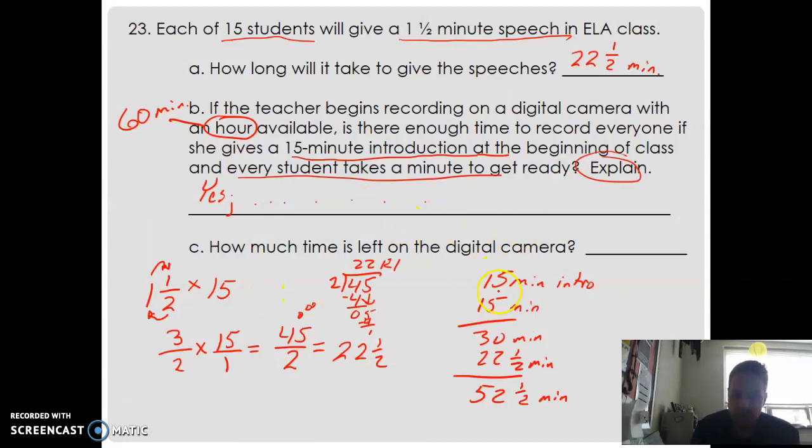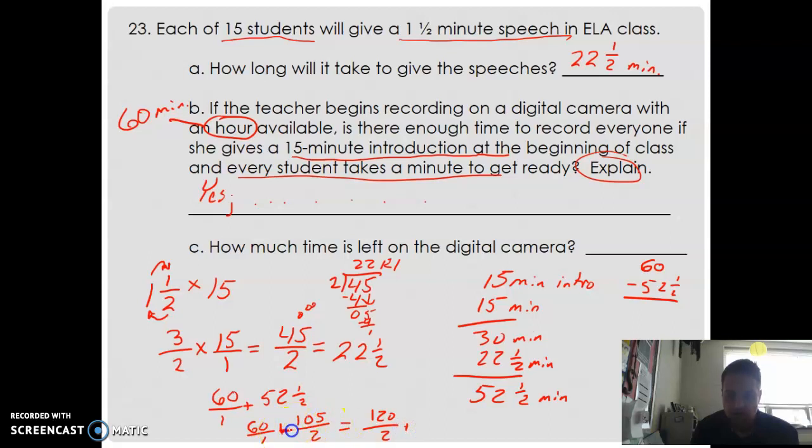How much time is left on the digital camera? Well, let's see. She started with 60, and we need to take away 52 and a half. So a couple different ways we could do this. We could just take 52 and round it to 53. So 60 minus 53 would be 7, and then add the half on. Or we could also do 60 over 1 plus 52 and 1/2. We could convert this, so this would be 60 over 1 plus 105 over 2. Find a common denominator of 2, which would make this 120 over 2